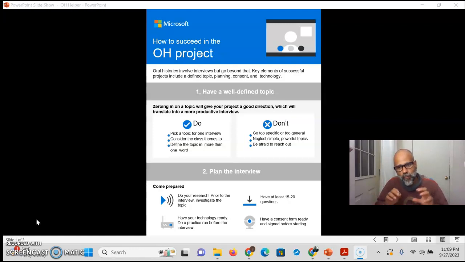So think about a more specific theme. This way, the interviewee will probably suit your project better. You will find a better match for the project. So do not go too specific and do not go too general. If you go too general, the paper will not come out right because it will not have good focus. If it is too specific, though, you will not have enough questions for the interviewee. You won't be able to learn much.